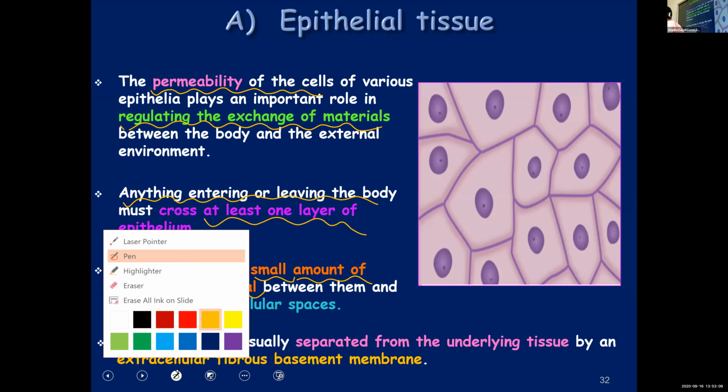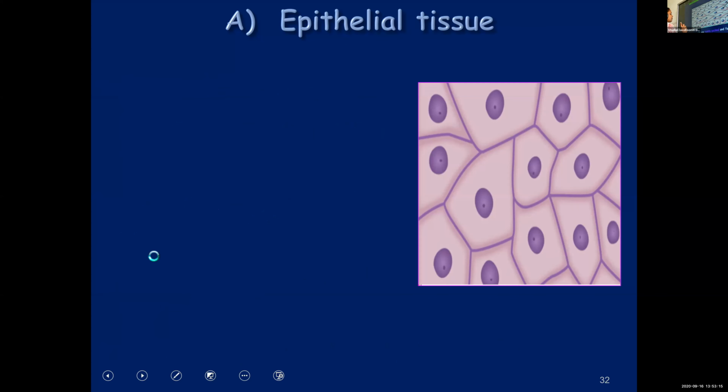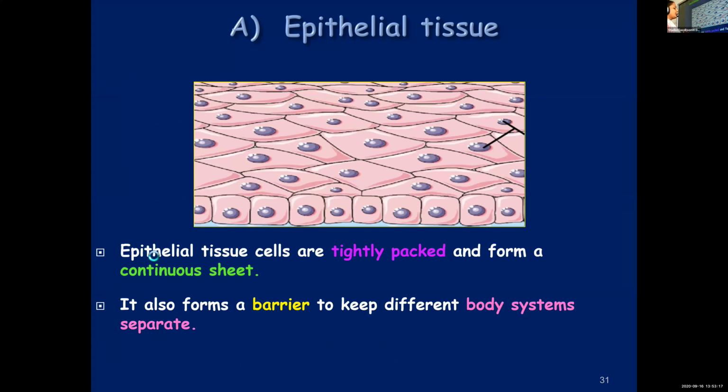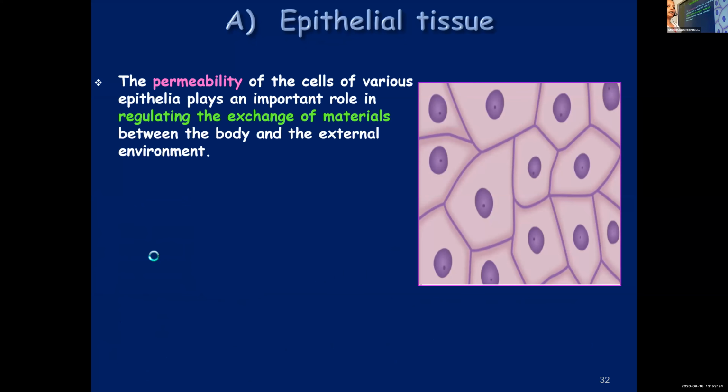And some of you had requested me to show the previous slide. So I'll show you that also quickly. This one, some of them wanted to see it. Epithelial tissues or cells in an epithelial tissue are tightly packed. They form a continuous sheet. They form a barrier keeping different body systems separate. Then moving on to the slide which you saw now. Those who did not understand, please check it once again. If you haven't followed, let me know.